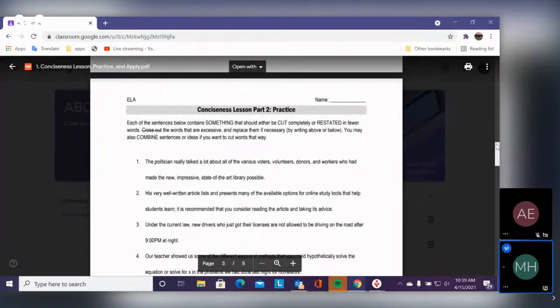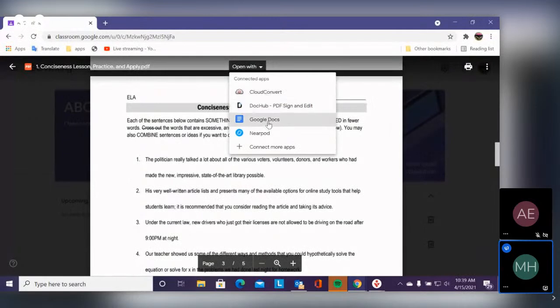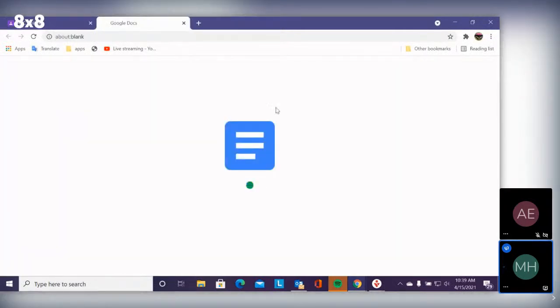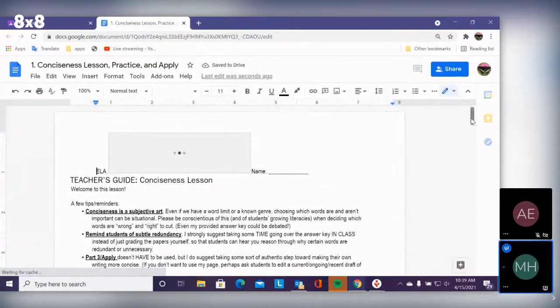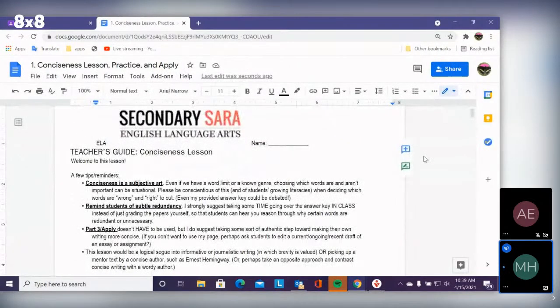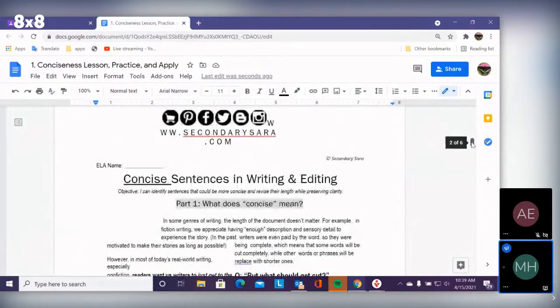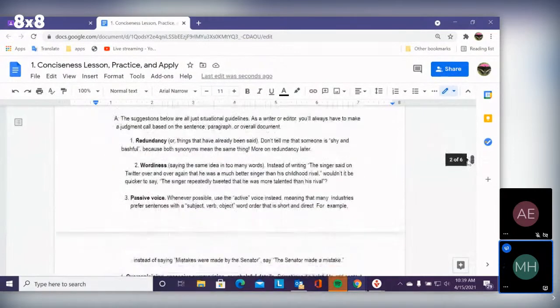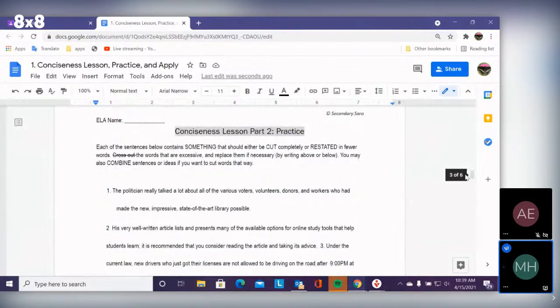So now let's take a little practice here. Let me see if I can open this with the docs so that we can do a couple together. And then I want you to do some of these on your own. It's really important that as we're reading essays for the task and these other exams, TABE, and so on, that you understand what this means because you're graded on those essays. So this should be something that we can take care of, right? Not a big deal. Okay, so here we go with the lesson.